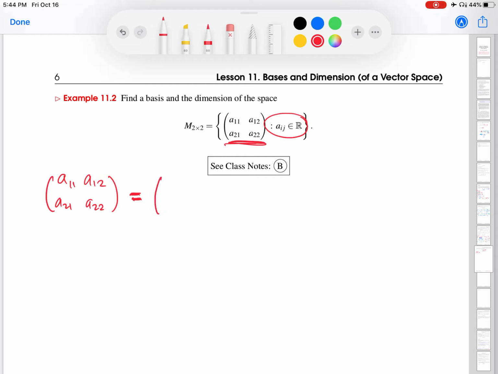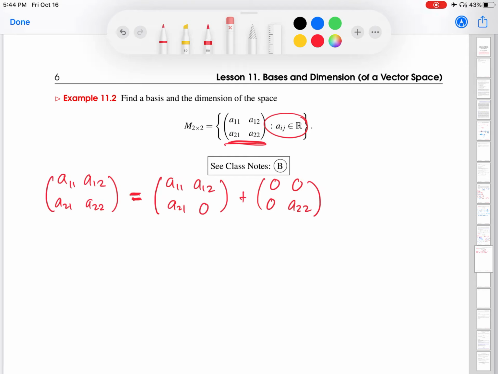Seeing this for the first time, what I'm about to write will make sense in hindsight, and then will help you later on if you're going to do something similar with a different space. A simpler element might be, for example, what if I just pick off the A22 element and put it into its own matrix, right? Well, you might think that's complicating things, but not really, because I have broken up, made simpler, this general element, and we now have a lot of zeros that have appeared in this second matrix. So this matrix is going to be generally simpler than that one,